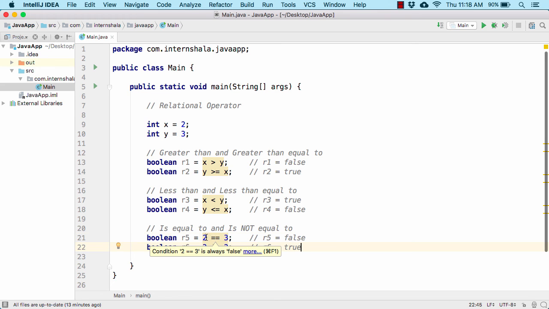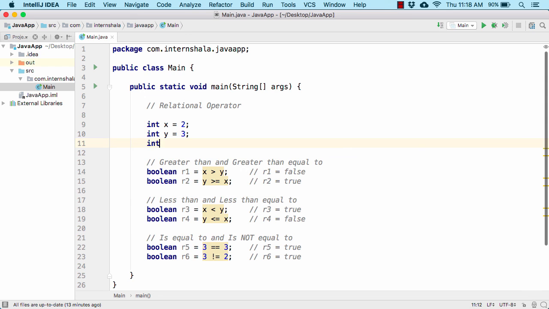And now, why don't we use something like this? Is 3 equal to 3? Yes, obviously 3 is equal to 3, so R5 will now be true. Here, let us define one more variable, int z equal to 3. Now we can replace this 3 by y, and again let us call it z, and both the values are 3.